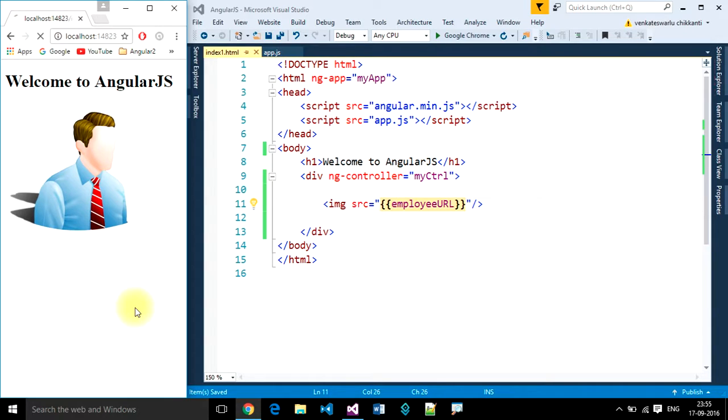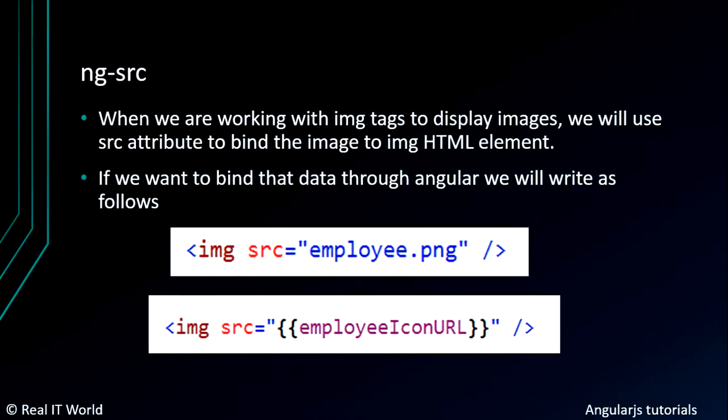Let's look at this. See, it's working, but here the problem is, data binding is happening through AngularJS, but src is a plain HTML attribute. Sometimes in large scale applications, if your page has too much Angular code, Angular's $digest will take some time to parse all these interpolation statements on your page.